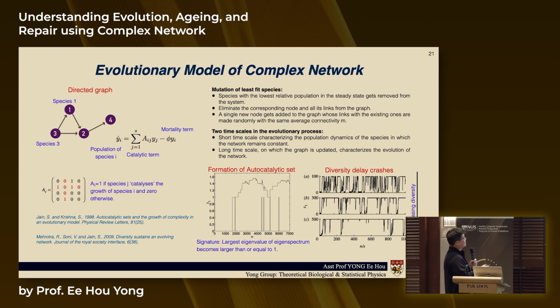So basically, you have some kind of Darwinian rules where you have survival of the fittest, and what they show is that diversity actually increased the survivability rate of a collection of entities. So for example, if you think of this as a multicellular kind of network, the idea is that if you have a larger set, it actually delays crashes. What they found in their simulation was that you get all these crashes if your system is small, but if your system becomes large, you can actually live longer. So this agrees with our intuition on biodiversity that exists in nature.